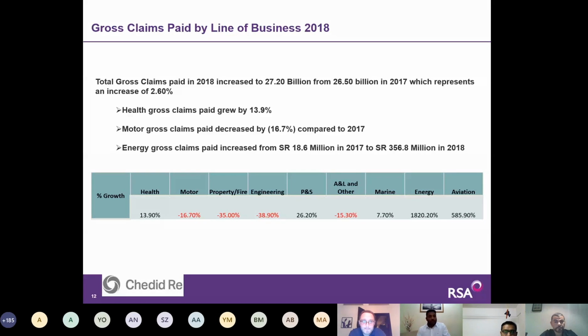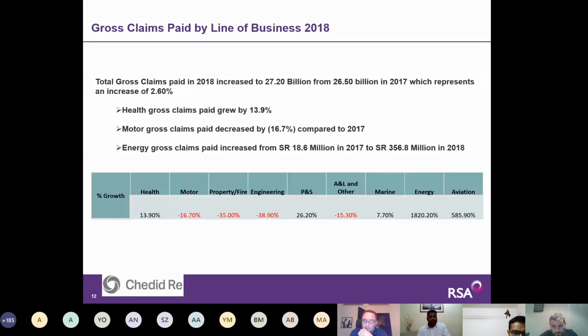So the energy claims paid increased from Saudi Riyal 18.6 million in 2017 to Saudi Riyal 356.8 million in 2018, which is mainly due to the fire claim in National Petrochemical Refinery at Yambu. So that is the reason for a huge jump on the energy claims. And you can see the table below that it shows the percentage of growth on each line of business on claims compared to the previous year, that the health sector claims grew by almost 13.9%, and the motor sector,